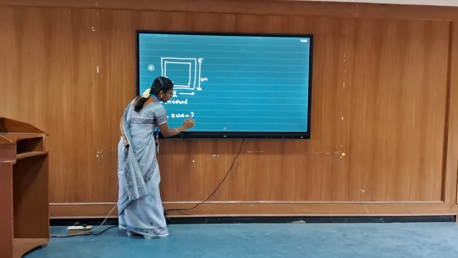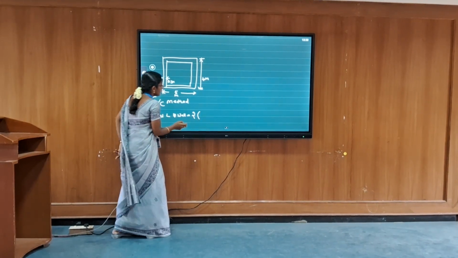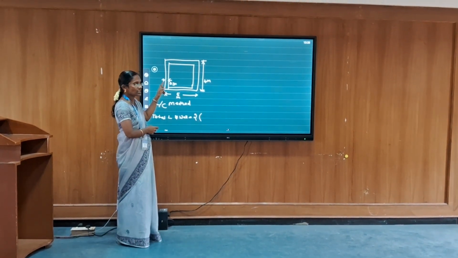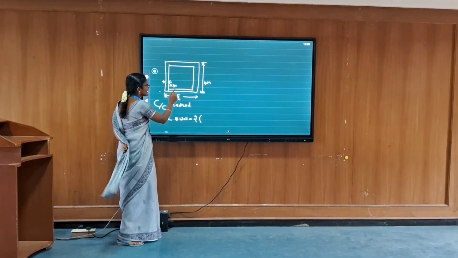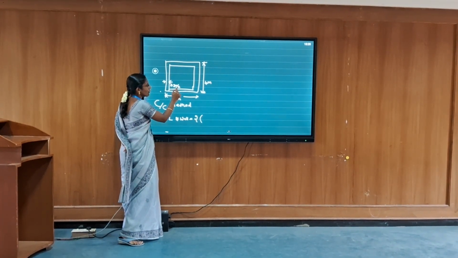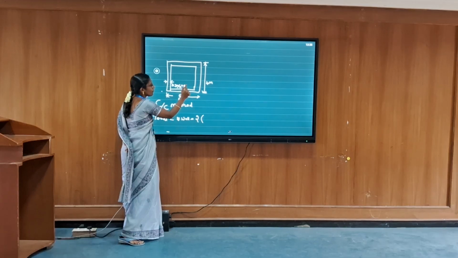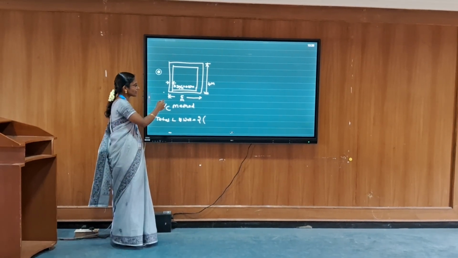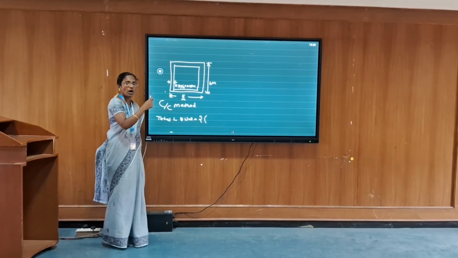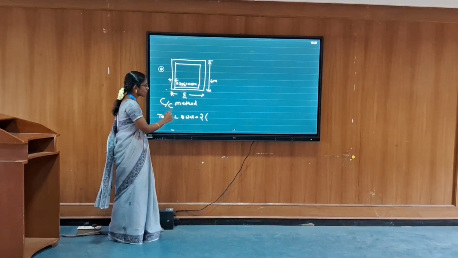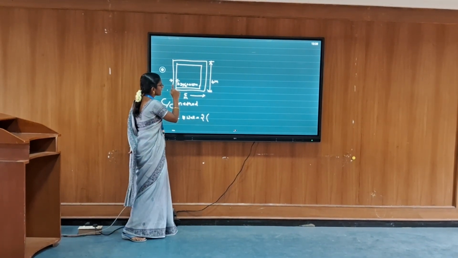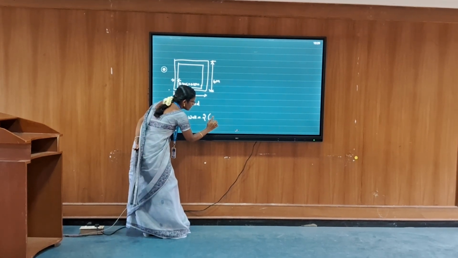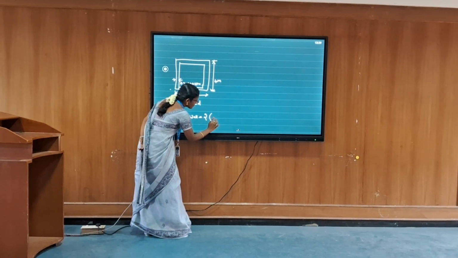First of all, you have to put 2, and then see that the long wall is 5 meter and the wall thickness is 0.3. From that you have to take half of the wall thickness, that will be 0.15 meter. Always you should take half of the center to center distance of the wall while calculating the quantity. So that is 5 plus 0.15 this side, 0.15 this side. Your total length will be 5.3,